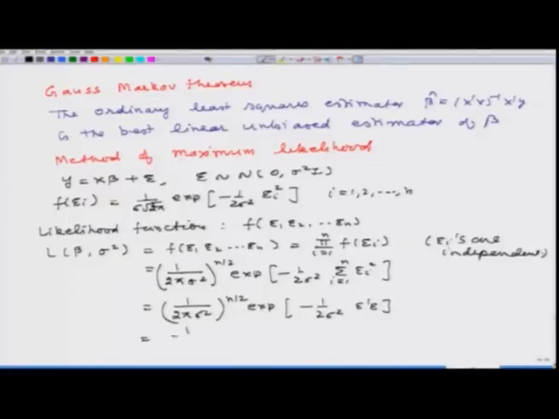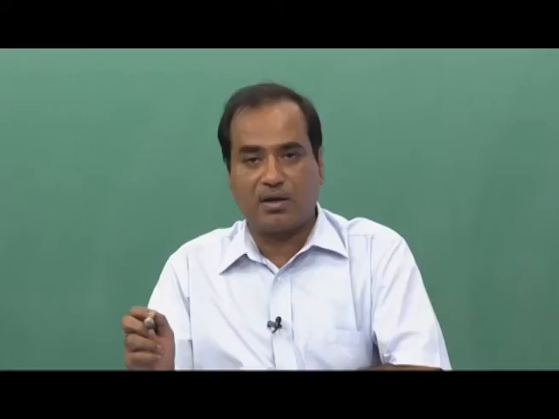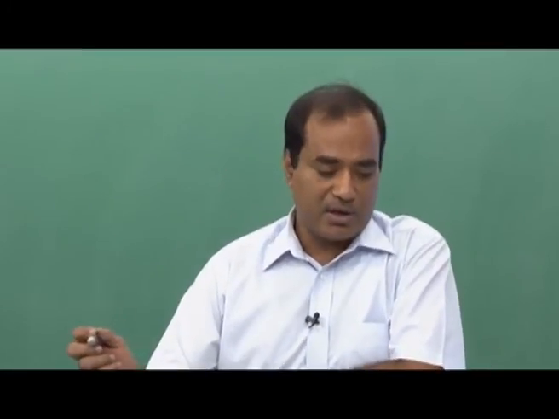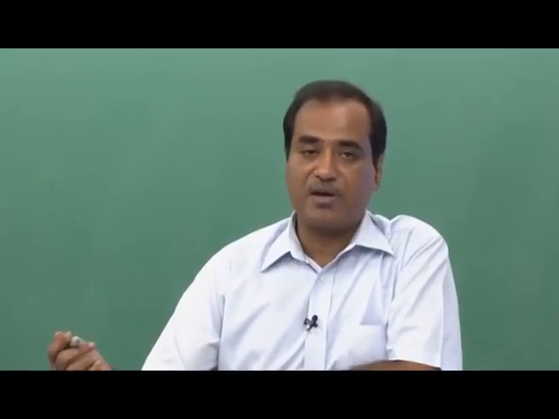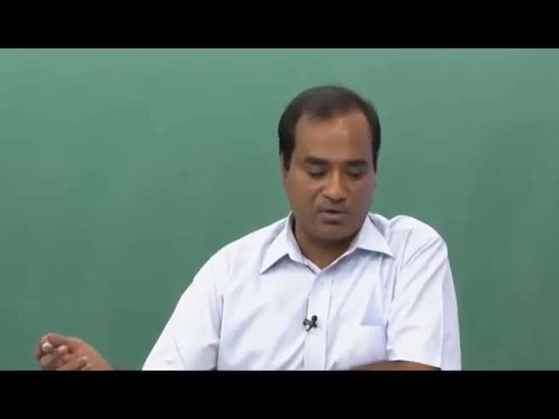And this can further be expressed as 1 upon 2 pi sigma square to the power of n by 2, exponential of minus 1 over 2 sigma square y minus x beta transpose y minus x beta. Okay. Now, since the log transformation is monotonic and it is easier to handle the log of L of beta, sigma square rather than the likelihood function itself,